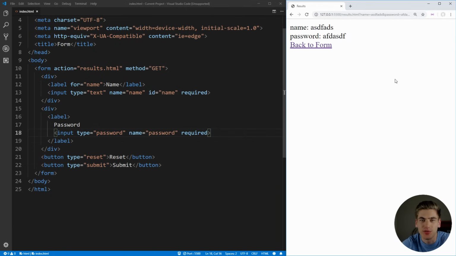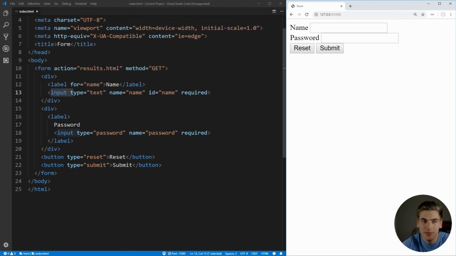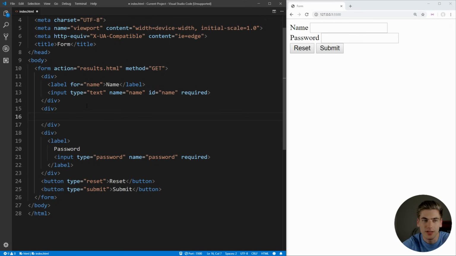Now, as I mentioned earlier in this video, the input element here has many different types that it can be. So let's go through and analyze some of the different types that we have, by starting with one of the most common types, which is going to be the email type. Let's create another div here. This div is going to be used to ask for the email. So we're going to have a label. We're going to use for email. And in here, we're just going to put